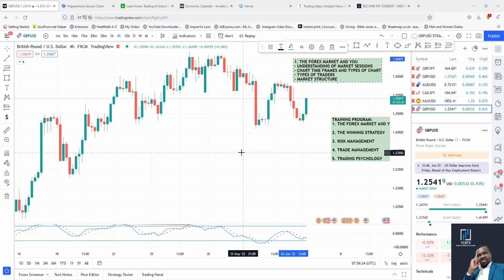What kind of trade are you going to carry out in that market? When is it going to be busy? When is it going to be less busy? Are you buying or selling? So this is what I want you to pay attention to.